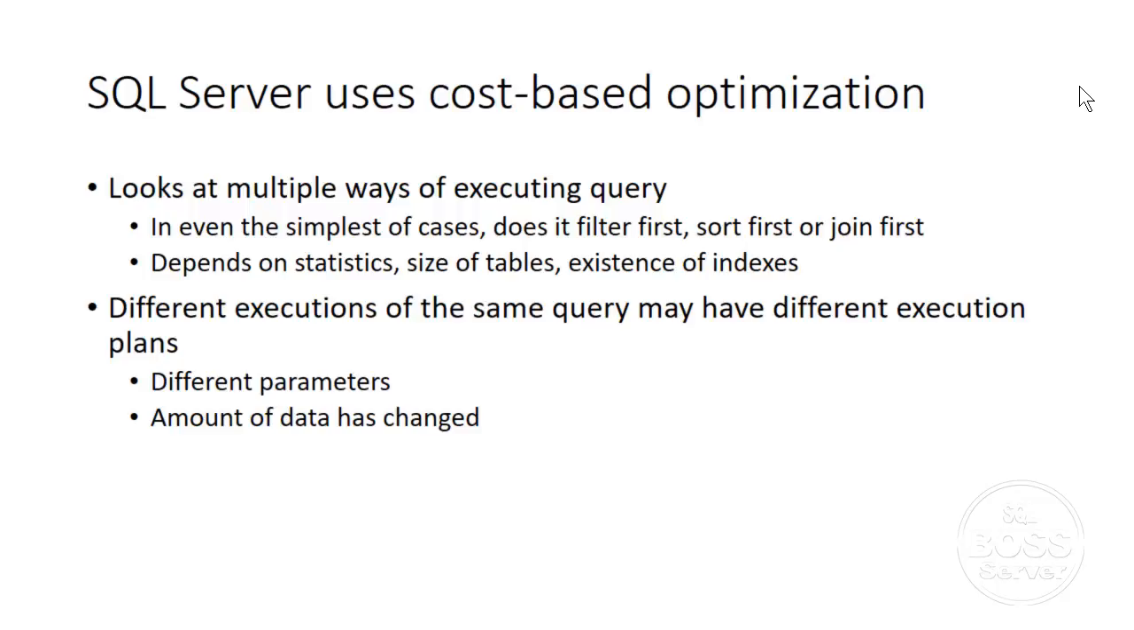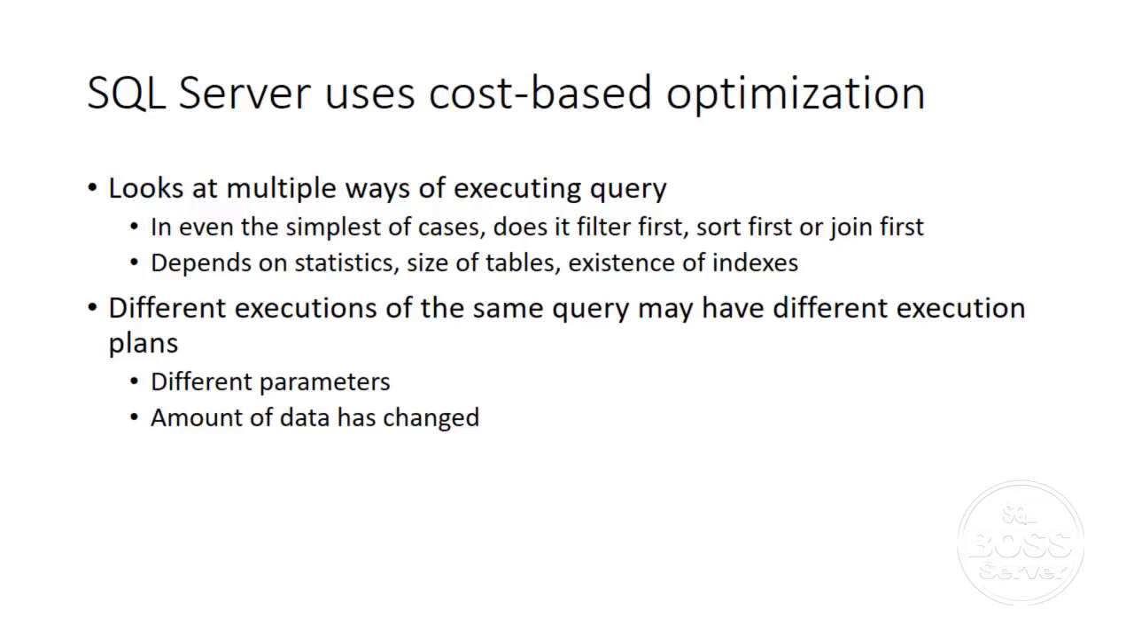As background, let's mention that SQL Server uses what is called cost-based optimization to determine execution plans for queries. What happens is you submit a query, and SQL Server examines multiple ways of executing the query. If it has a where clause, the question is, does it filter first? Does it sort before it filters? Or does it do the join? What is the order of doing these operations? The order that it does them is going to dramatically affect the cost or the time it takes to execute